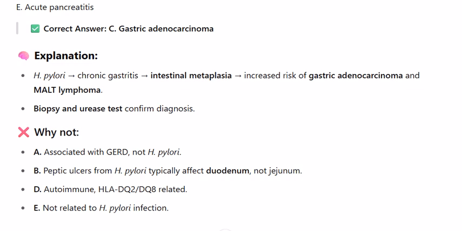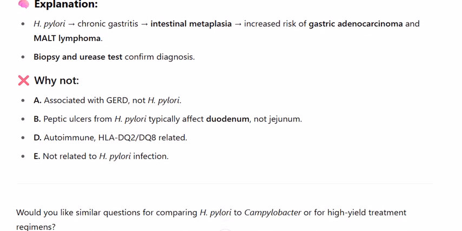Why not? A. Associated with GERD, not H. pylori. B. Peptic ulcers from H. pylori typically affect the duodenum, not the jejunum. D. Autoimmune, HLA-DQ2, DQ8 related. E. Not related to H. pylori infection. Would you like similar